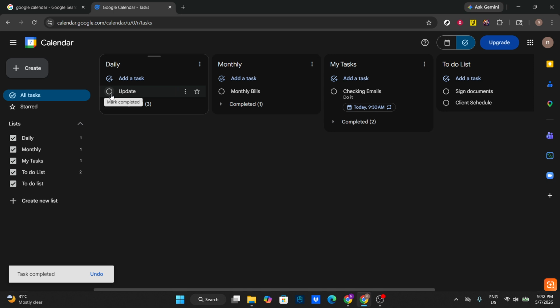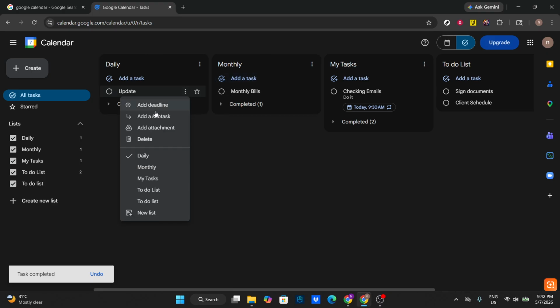Next, open the three dots menu for more options. You'll find it near the top of the task list. This menu is where Google Calendar keeps list level controls. Use the sort options to organize your tasks. Choose a due date sort when you need a time-driven plan, or switch to a manual order when priorities matter more than dates. Remember, if you pick a sort like due date, it will override any custom order until you